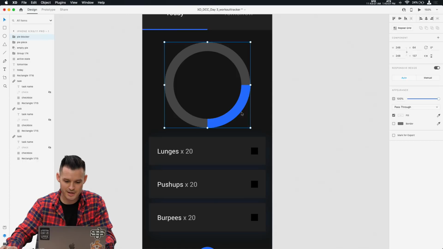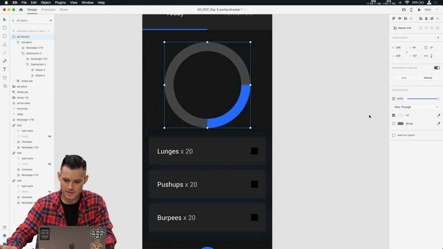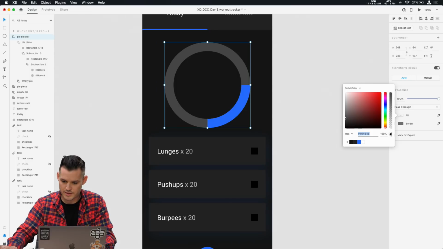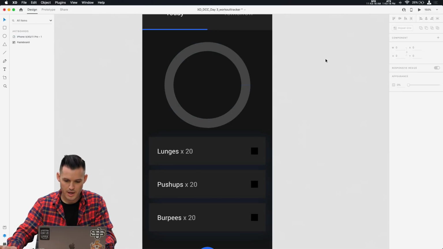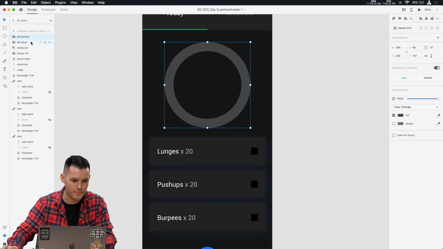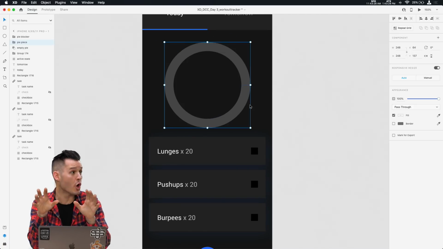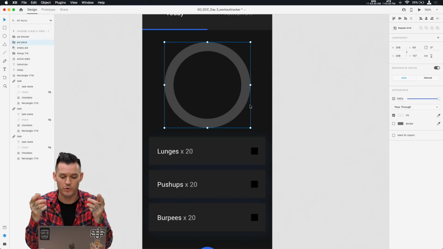Pie blocker is gonna be the way that we manage, let's see, let's get here. We're gonna use this same, grab our color picker, and we're gonna manage what actually is shown. This way, check this out. We can take pie piece, watch this, and slide it out, and it's as if it comes from nowhere, right? That's the trick we're trying to do.